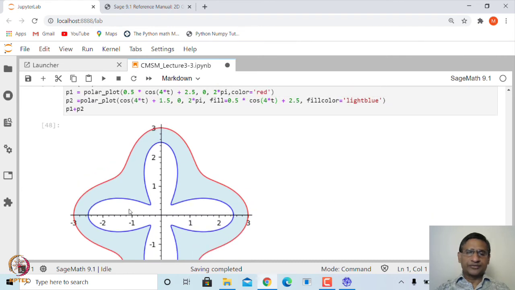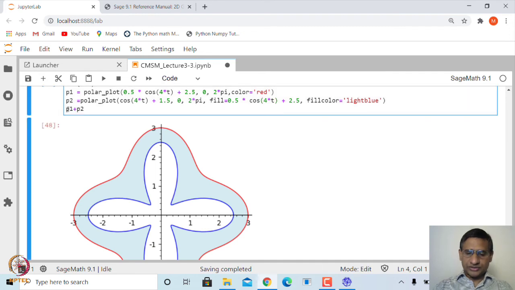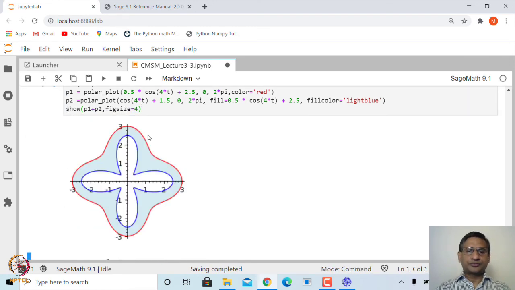So, you have two graphs actually, two polar curves. Let me again reduce the figure size. Show this with fig size is equal to, let us say 4, right.